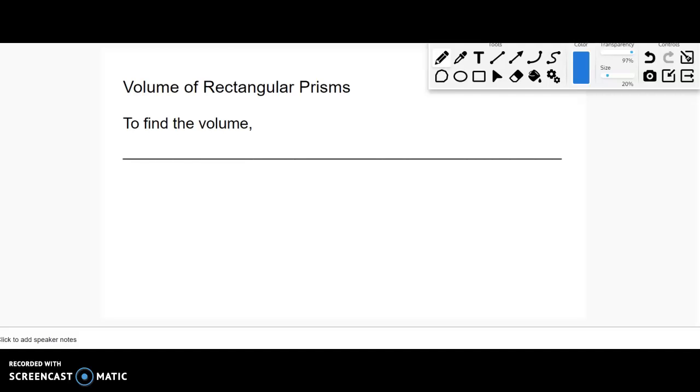All right, going to do the volume of rectangular prisms again, just like last lesson, but this time it's not going to be divided up into cubes. So we'll have to take what we learned, sort of take it the next step. The good news is to find the volume, we just need to multiply